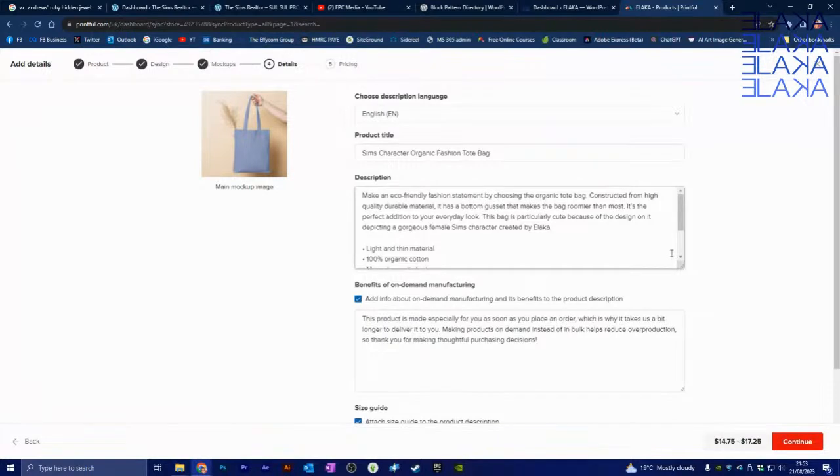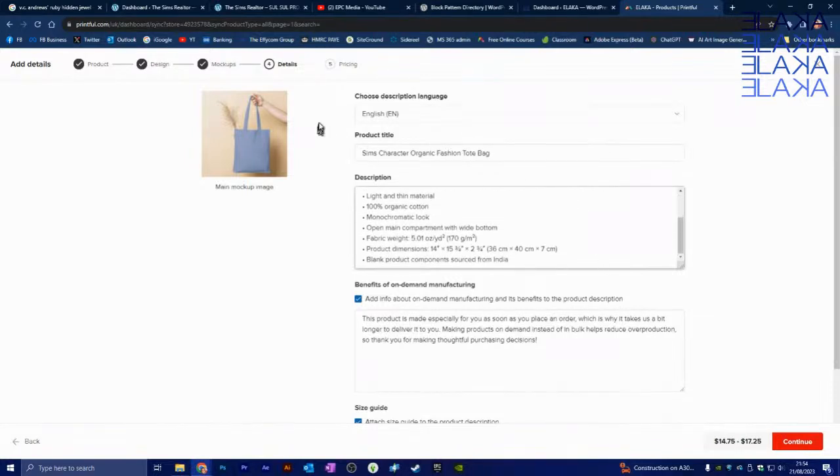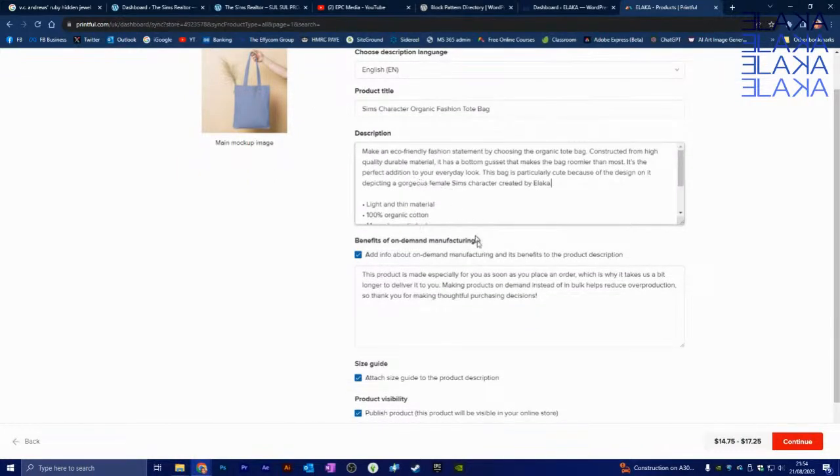That way you can keep copying and pasting some of the descriptions, especially with something that's the same type of product. You just want to keep something fine. That's how I would recommend it. So you've chosen English as a language, put the product title, you've amended a little bit of the description, and then here at the bottom it says